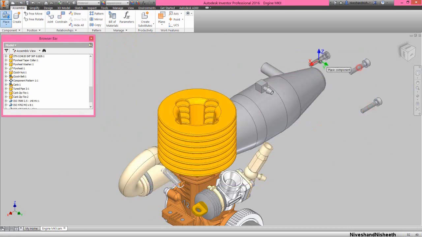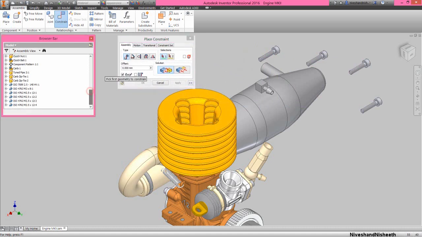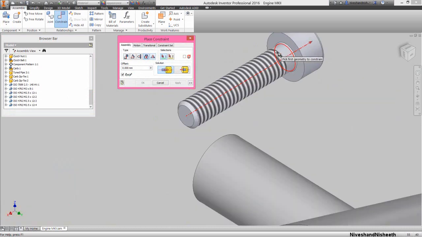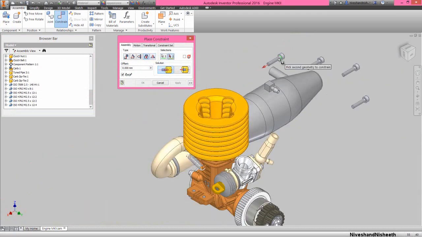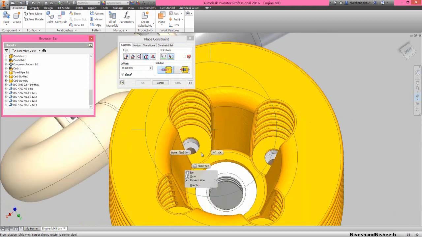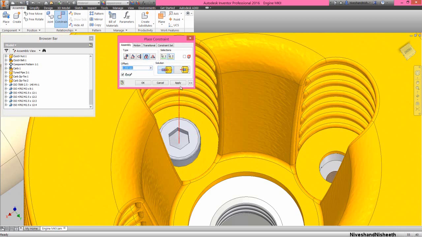Now we will place the 4 bolts in this assembly. Apply the insert mate between this circular edge of the bolt and rotate the engine assembly. Then select the hole of engine head part, and apply the insert mate between them.